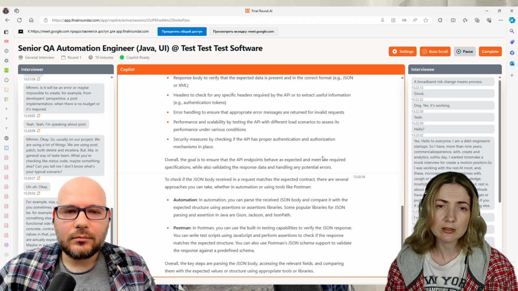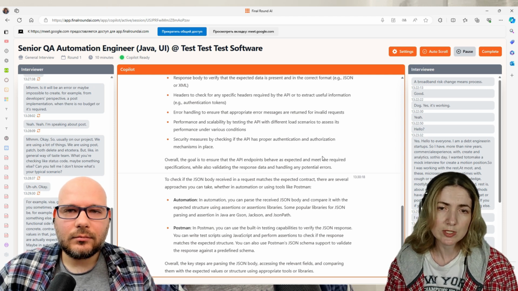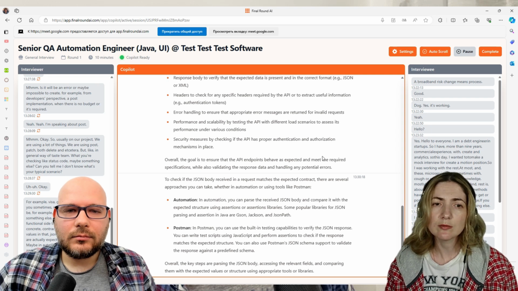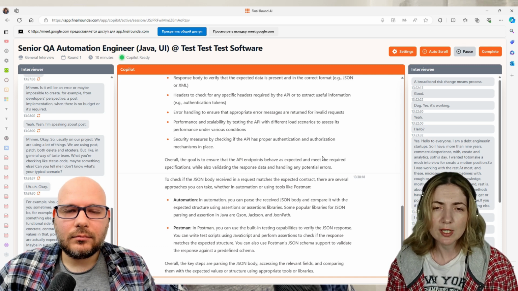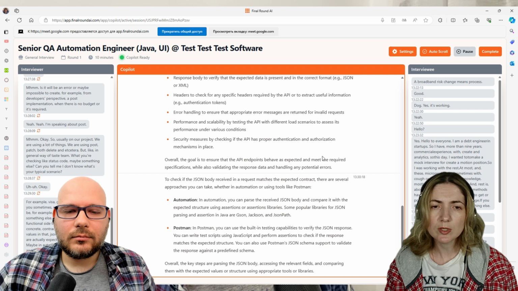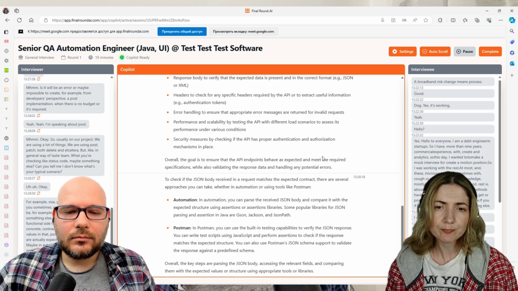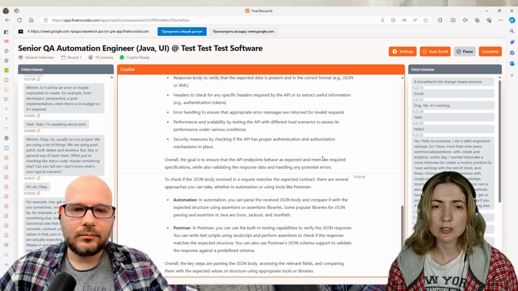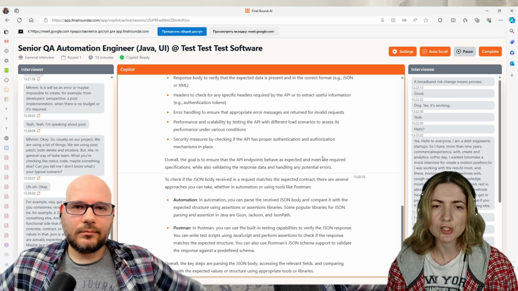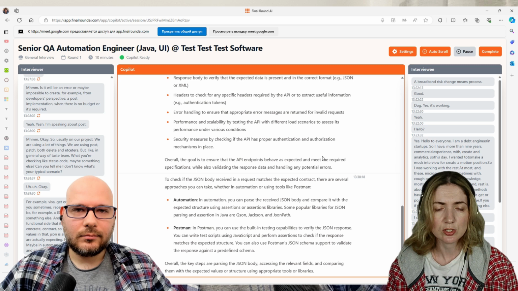If you use automation, you can parse the received JSON and compare it with the expected structure using some libraries, for example, JSON or something else. And in Postman, the same, you have some capabilities to verify the JSON response.